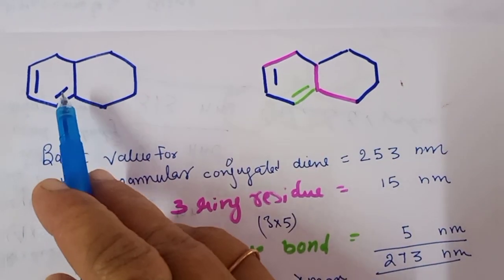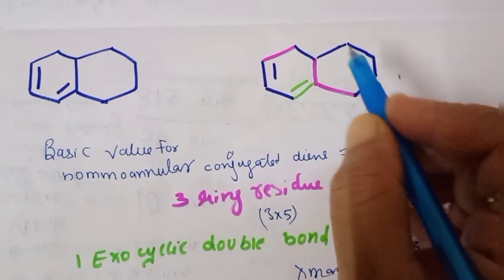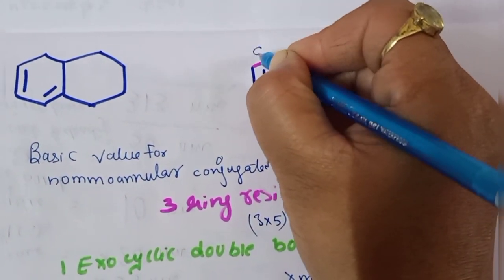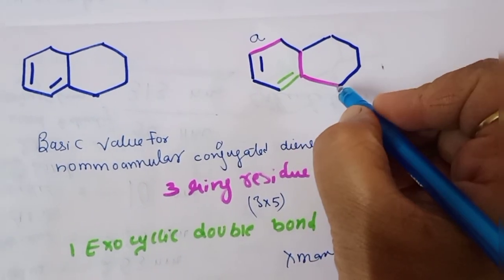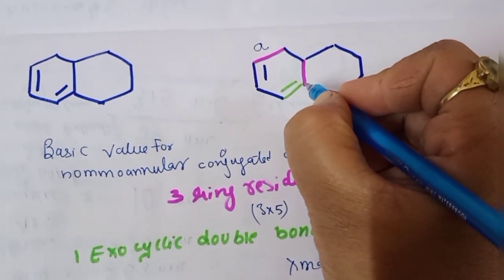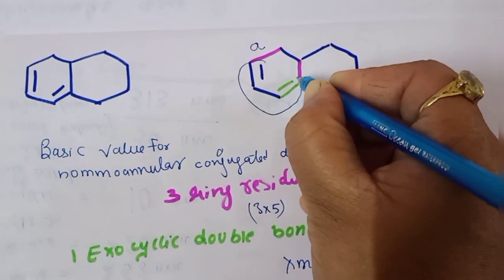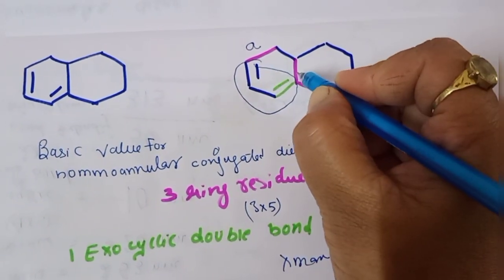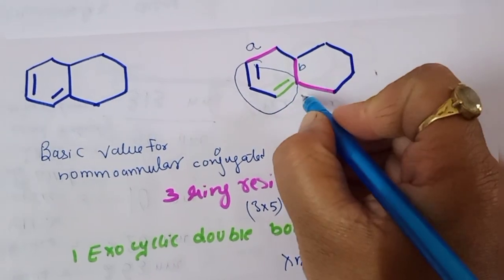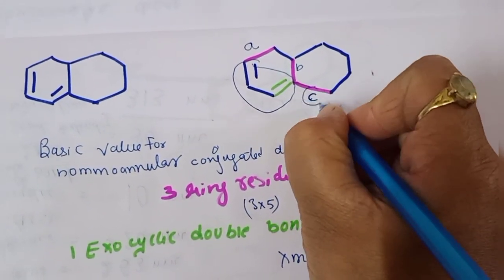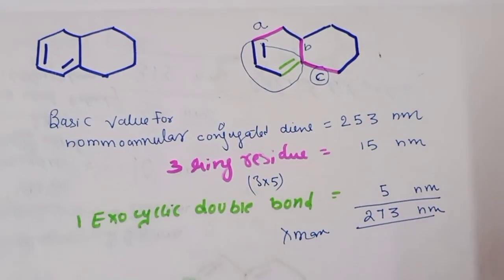You just check here. This is the example. To make it easy, I have written it in colors. So you see this one part, give it A ring residue. Then here you can see this pink part. You see this is the part of your 1,3-butadiene system, and this is the second ring residue B, and this side also one attachment. So this is your third ring residue. So there will be 3 ring residues. So we will write 15.